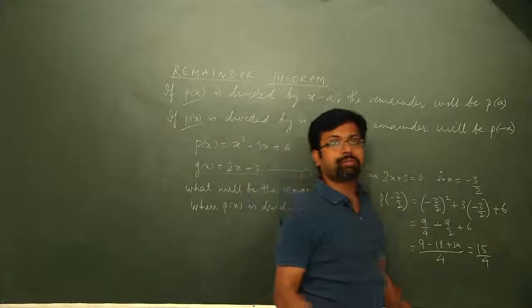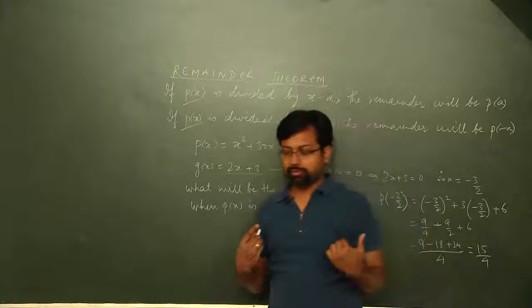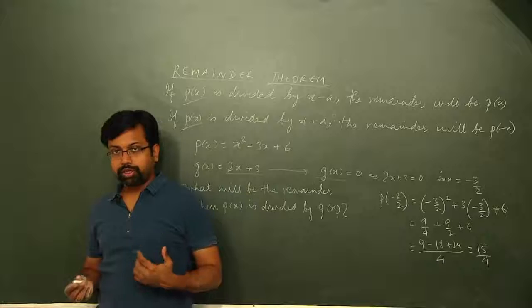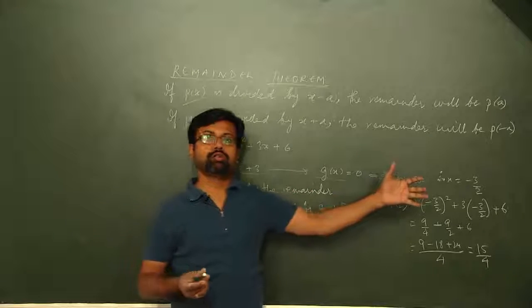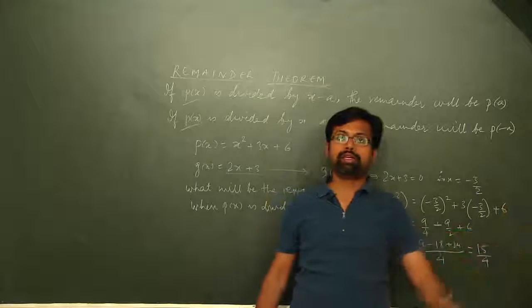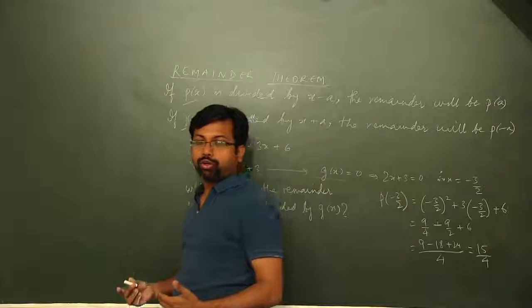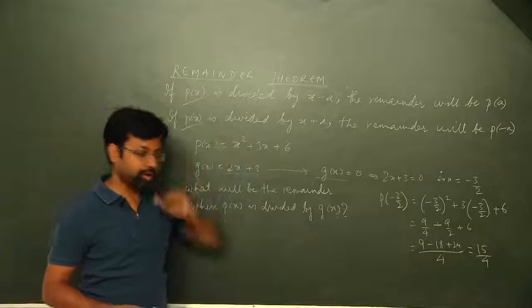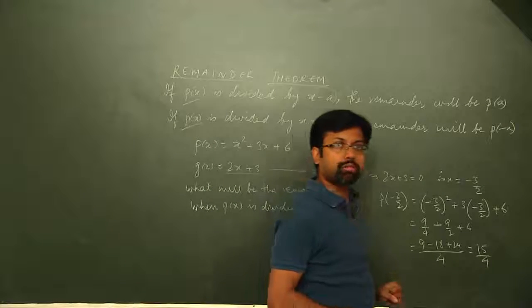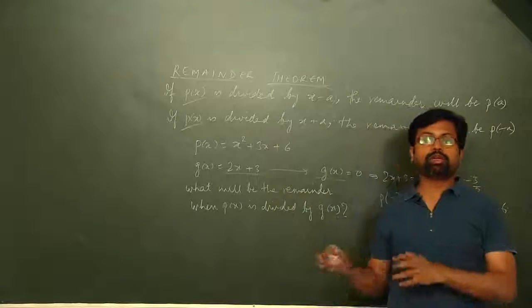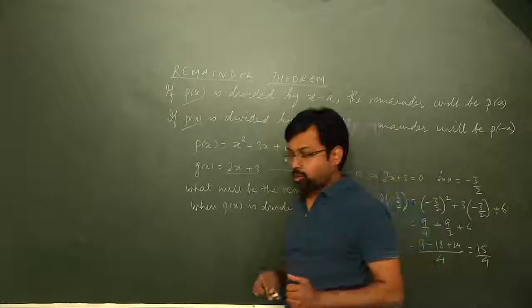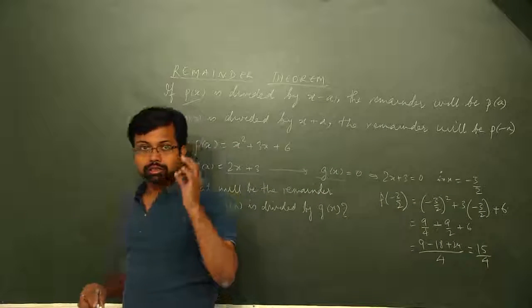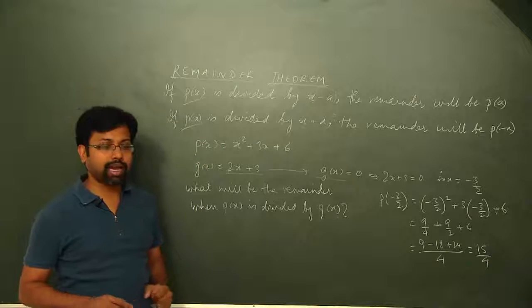And how we obtained it, there was a proof that we just did before this, and we used the result dividend is equal to divisor into quotient plus remainder. We extended it to polynomials, and then we figured out this remainder theorem. So this is what the remainder theorem is. From this only the factor theorem is derived. What is a factor theorem? Stating the factor theorem, we have